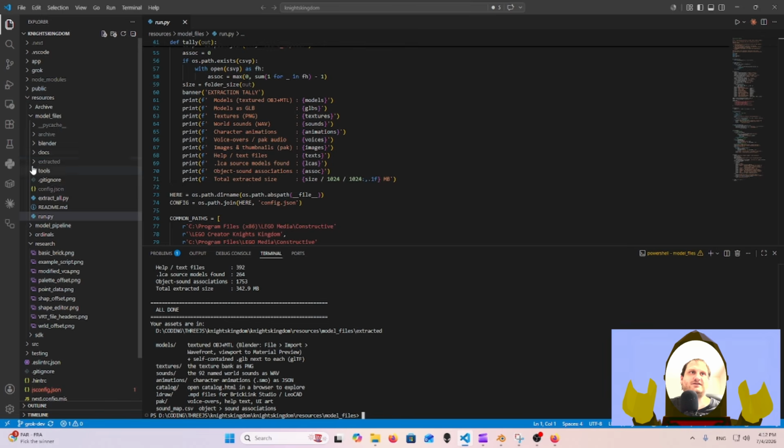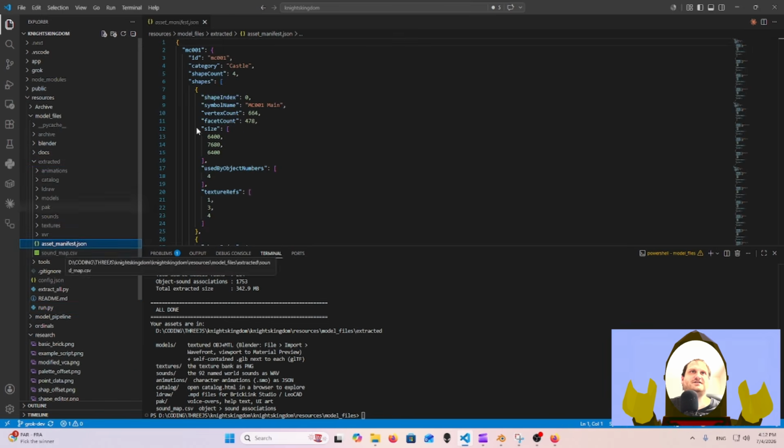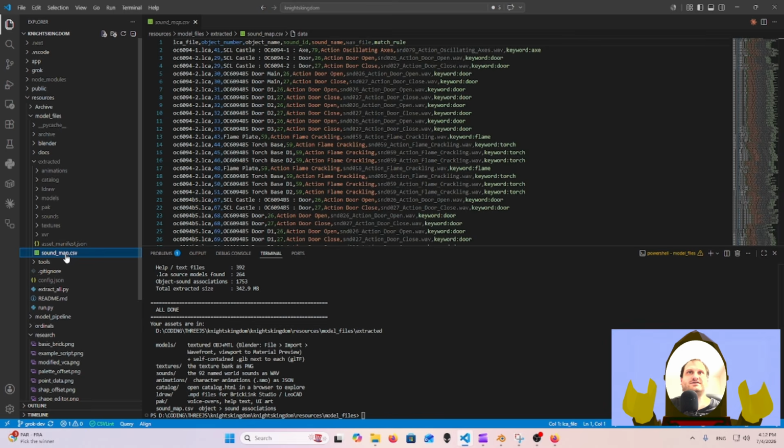So if I go to my extracted folder now, I have this again. You have the manifest here. You have the sound map here. This maps all of the sounds that were extracted to the respective LCA files. So yes, you have that. And then what I want to go to first is the catalog. So inside the catalog,